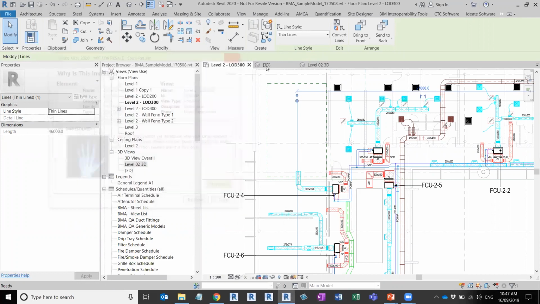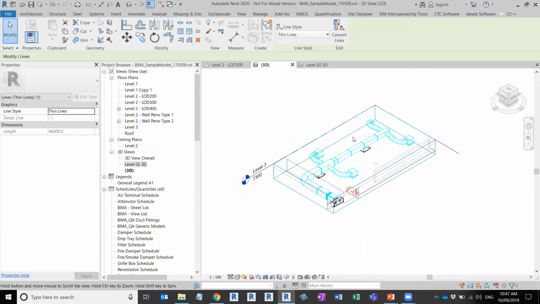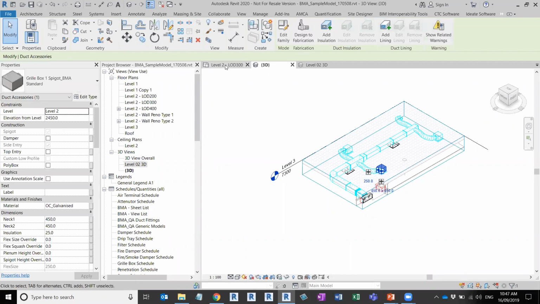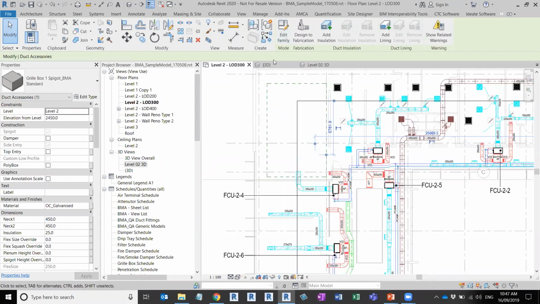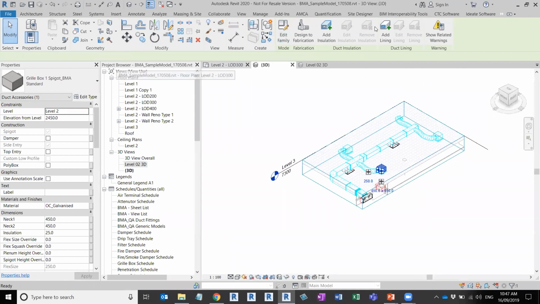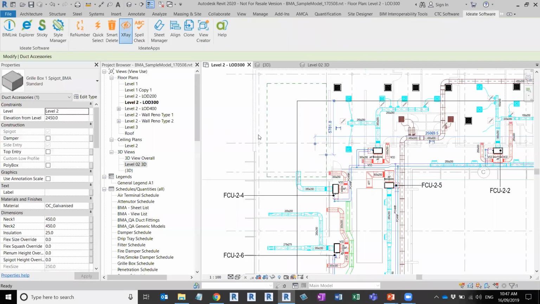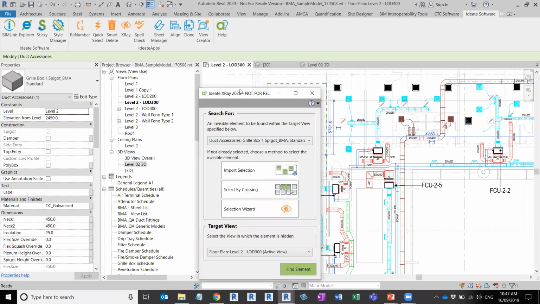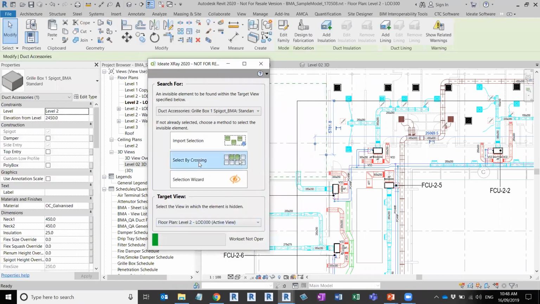What I can do is jump into a 3D view and select, let's say, some of these elements that are invisible in this view here. Then I can jump back into the tool. Okay, it's identified that that is a duct accessory. I've also told it that the view in which the elements are hidden is that level 2 300, which is that one there. Okay, if I go find element,